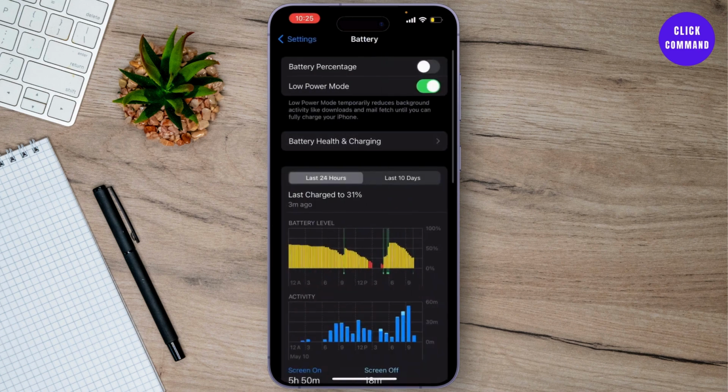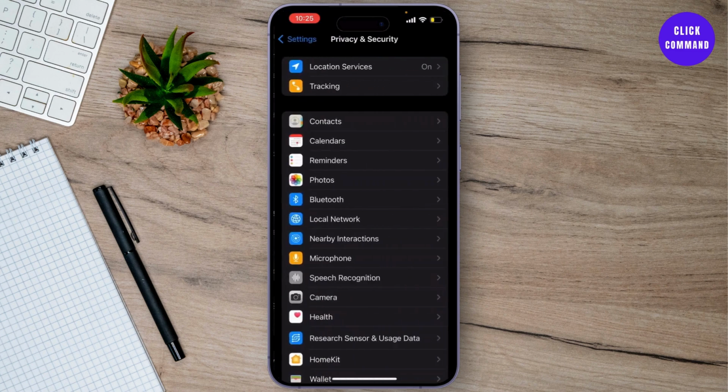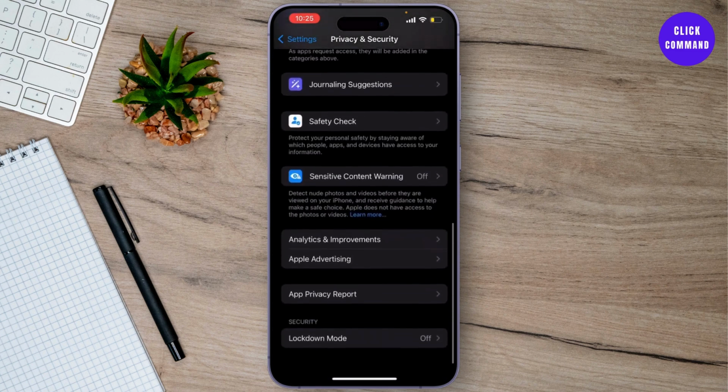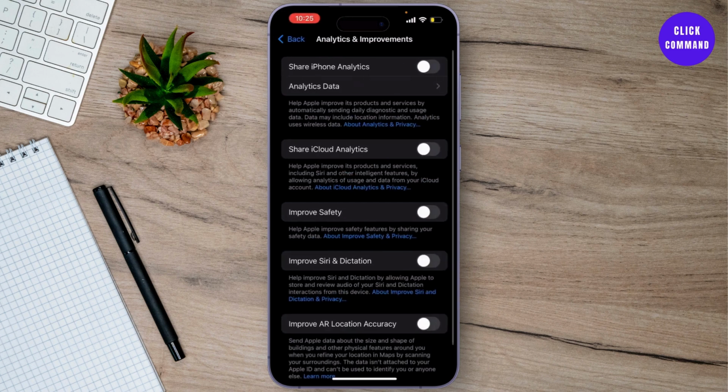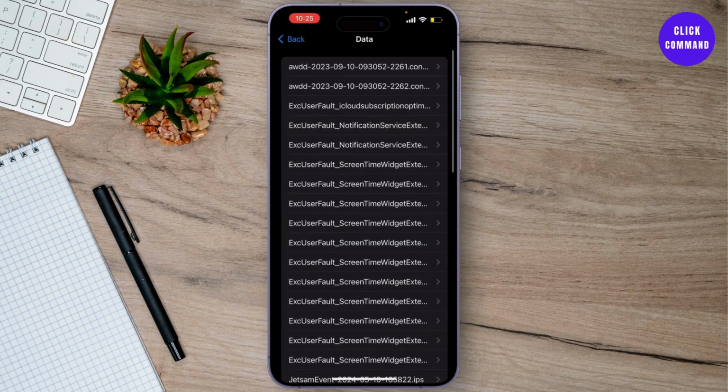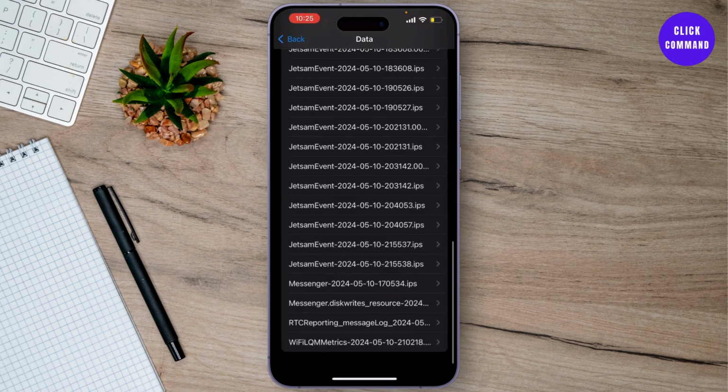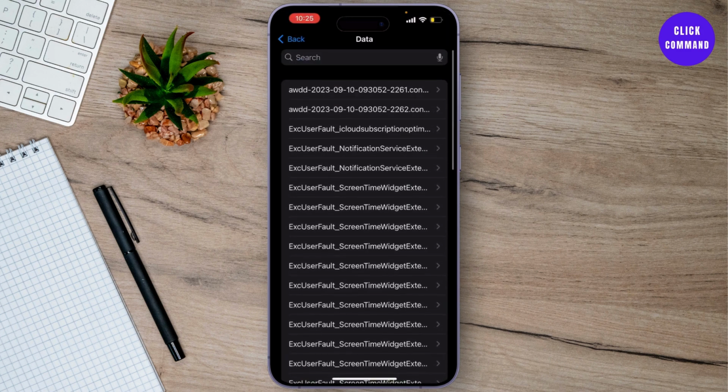Once you make sure of that, go back to the settings, hit on Privacy and Security, and then scroll down and go through Analytics and Improvements. From there, go through the Analytics Data and choose the latest one. There you can see the date. Choose the latest one